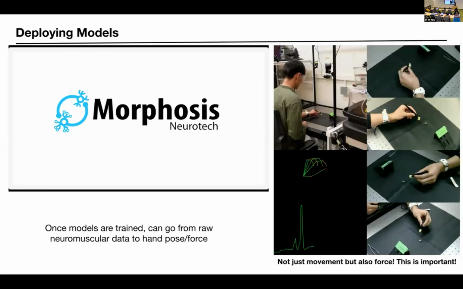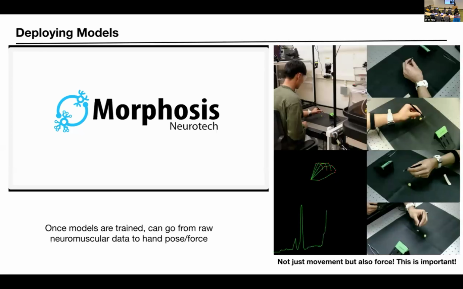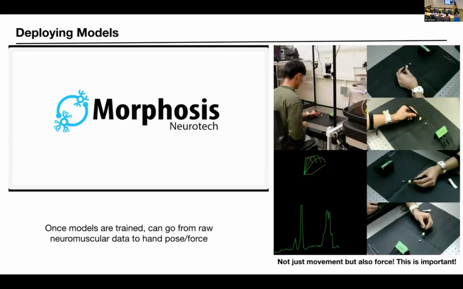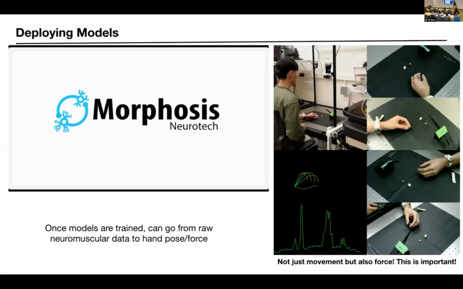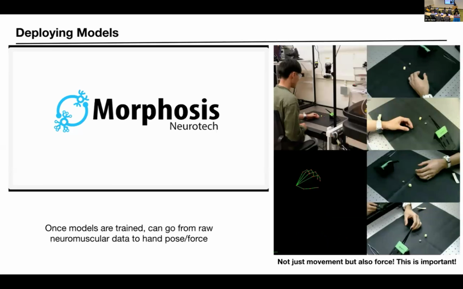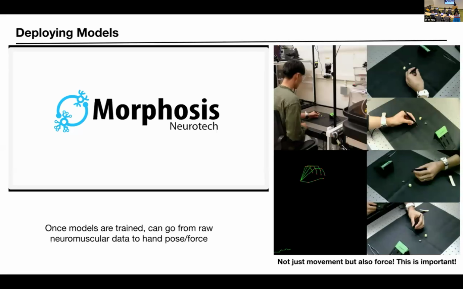There's a lot of information that's not just in the position of the hands, it's in the force. He picks up a nut, which is heavy, so it's a lot of force. Picks up some foam, gives it a little squeeze. So these are all things you can decode with these kinds of devices. That's it.